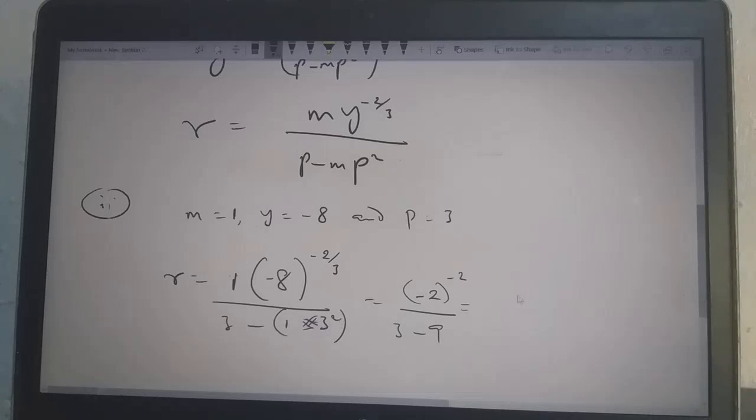and then this one is going to be 1 over 4, because the minus means 1 over in fractional expression, and then when you say -2 raised to power 2, you are going to have 4. When you square a negative number, you have 4, and this will be -6, and then we can have it to be 1 over 4 times 1 over -6, and that will give us